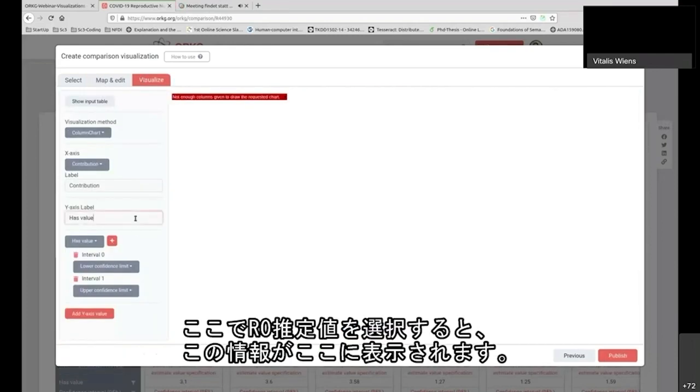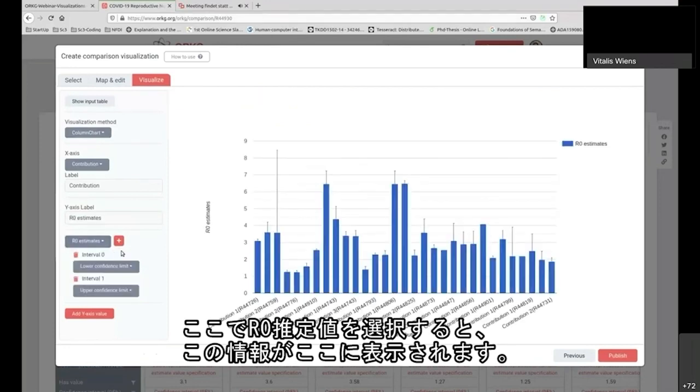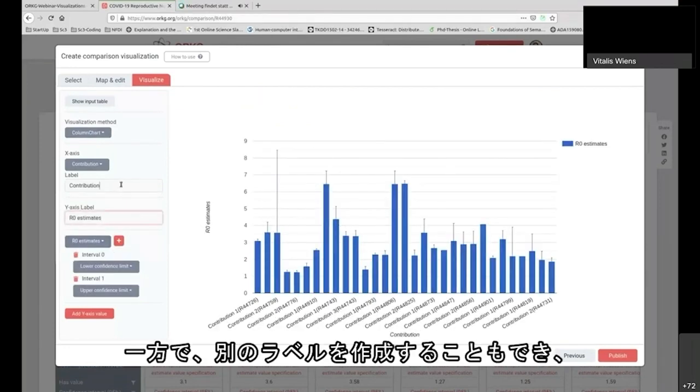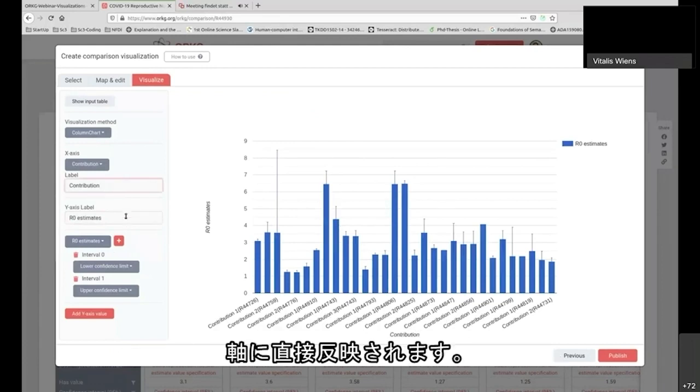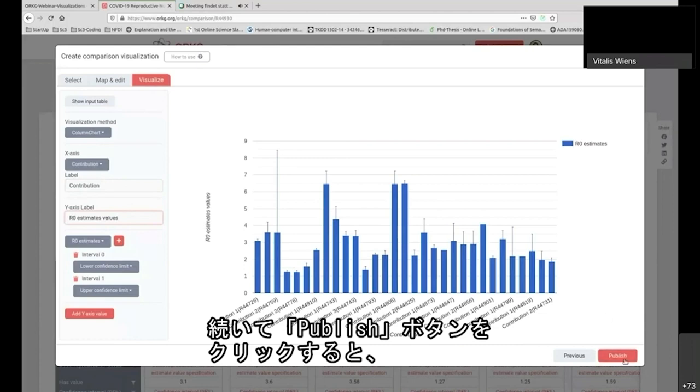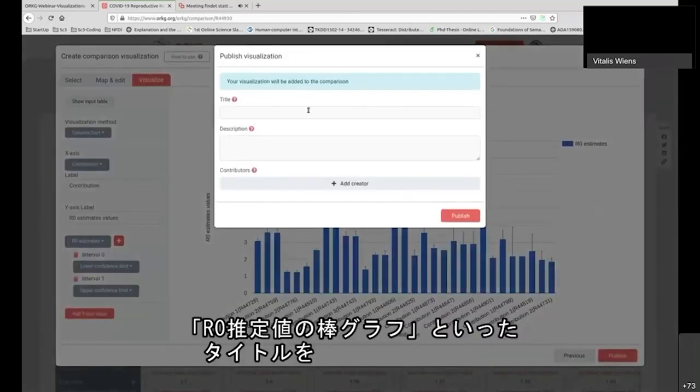And for this, we can then select the R0 estimates. But we can also create different labels that are directly reflected on the axis. And then when we press the publish button, we can add a title like R0